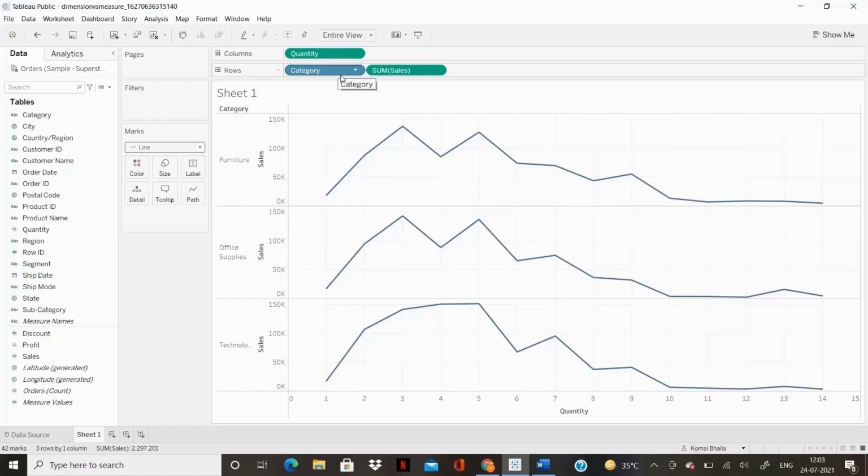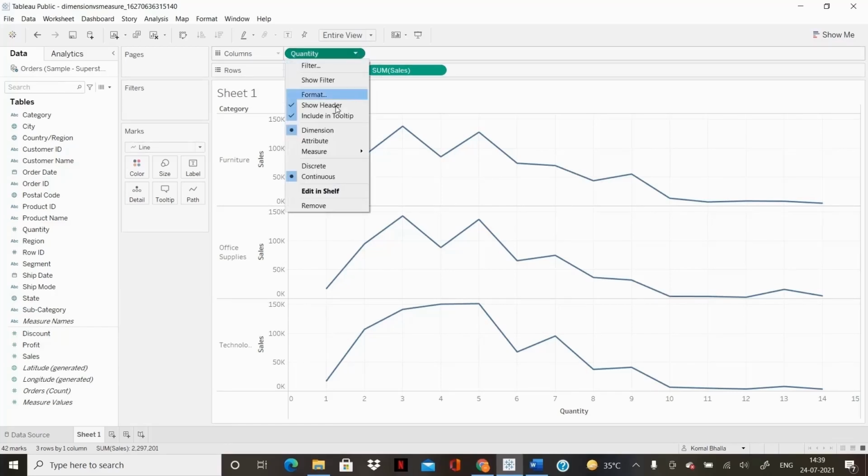Discrete refers to values that are individually separate and distinct. Discrete have a finite range of values, whereas continuous have an infinite range. As you can see, a continuous field like sales gets aggregated when it's moved to rows, such as here it gets summed up. Conversely, what if quantity was discrete?